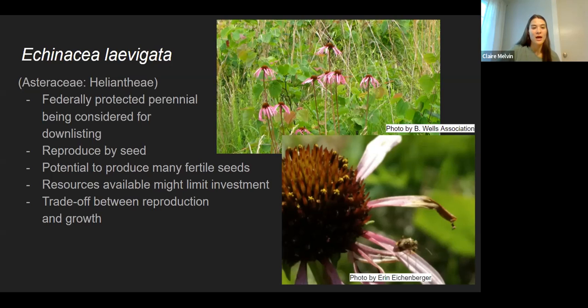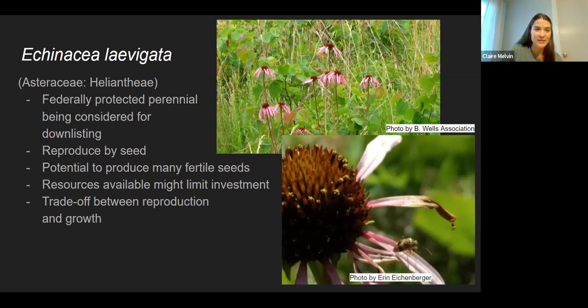And so we know that these plants rely on seeds to reproduce, but in general, plants have limited resources due to their stationary nature, and these resources are required to be allocated across the plant. And so trade-offs can exist. For example, larger plants, they'll put more energy into growing bigger, and so they might have less of a reproductive output, so have less seeds produced and produce smaller seeds.